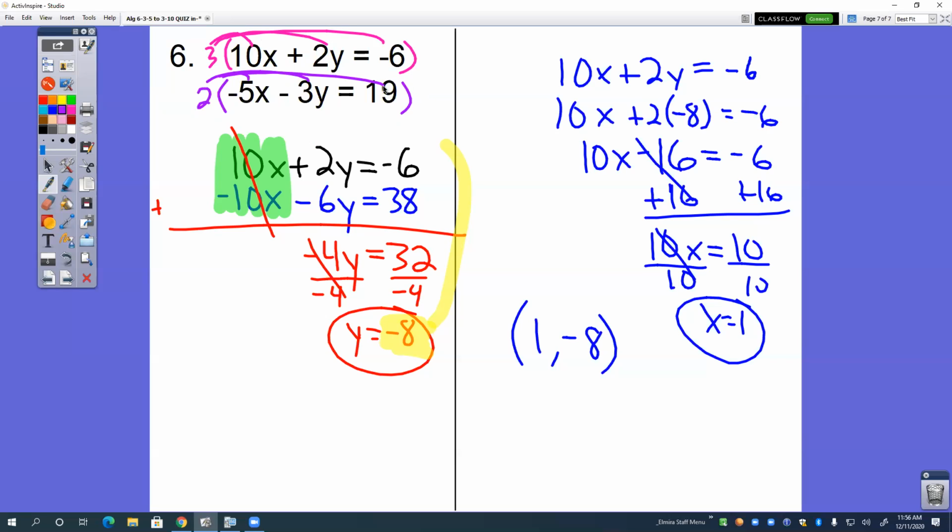Then I could add going down. But again, make sure that you distribute to all 3 terms. So that is what your quiz is going to look like. You have your